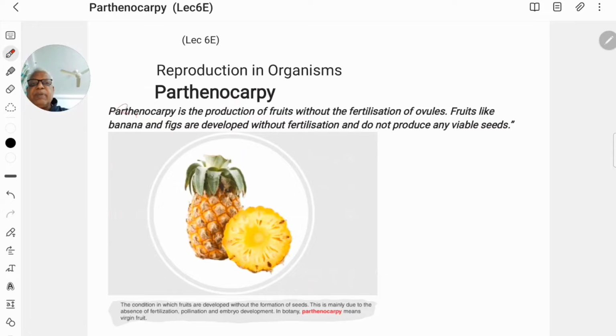What is Parthenocarpy? Parthenocarpy is the production of fruits without the fertilization of ovules. Fruits like banana and figs are developed without fertilization and do not produce any viable seeds. Viable seeds means real seeds that may germinate into a new plant. And in the figure you can see seedless